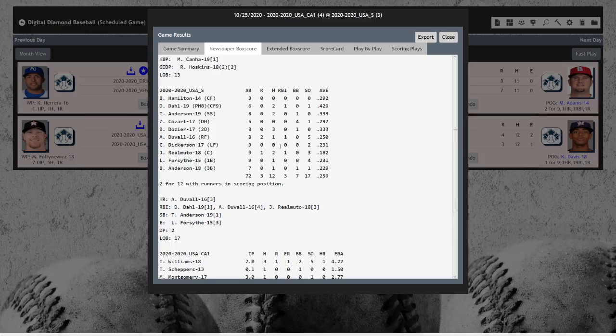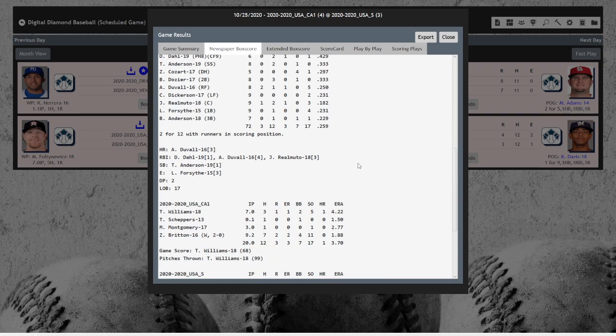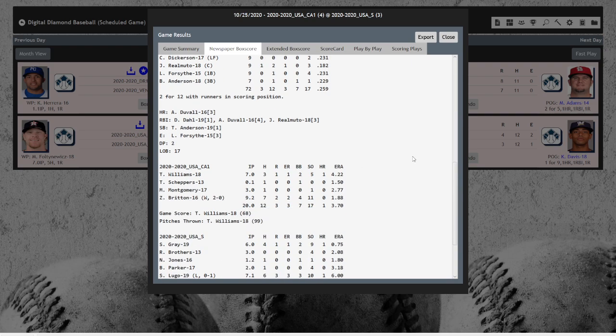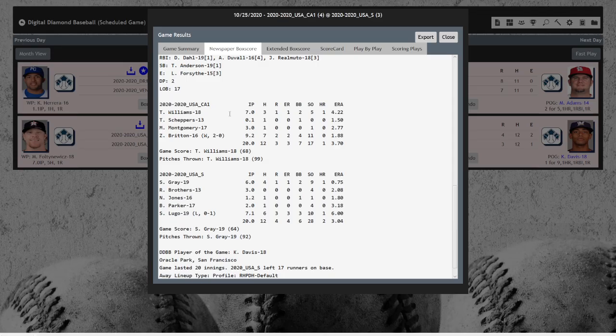On the South squad, we have a homer by Adam Duvall, his 3rd. Also a solo blast, but he did score twice in this game. 2-hit days by David Dahl, Tim Anderson. 3-hit game by Brian Dozier. 2 hits for JT Realmuto. Stolen base by Tim Anderson. Let's see,